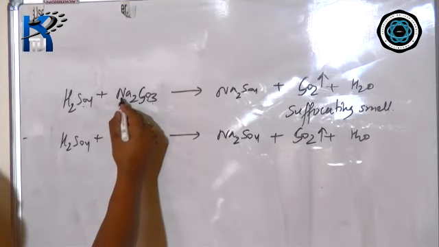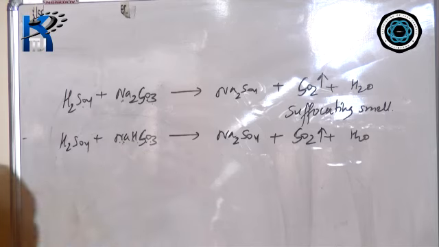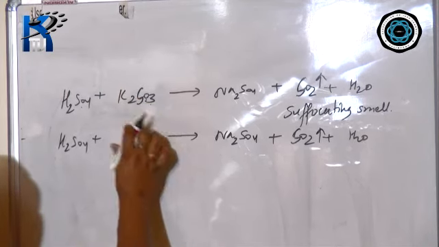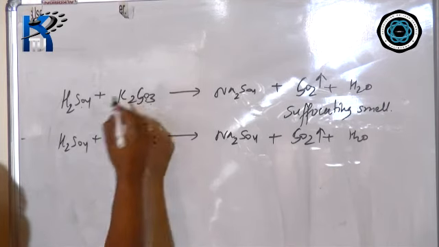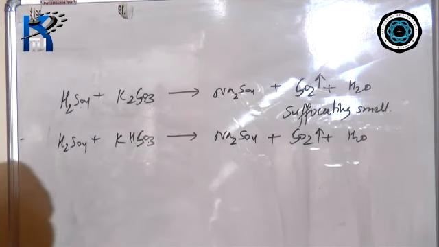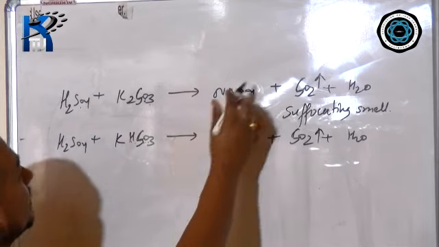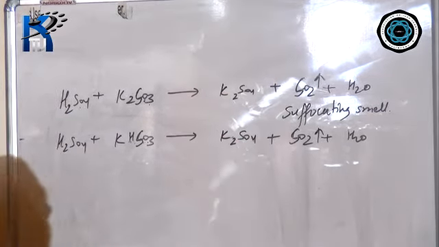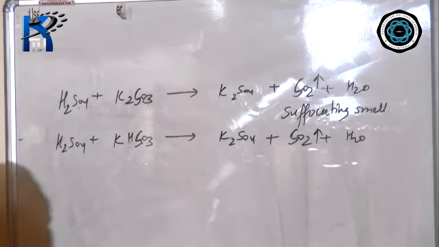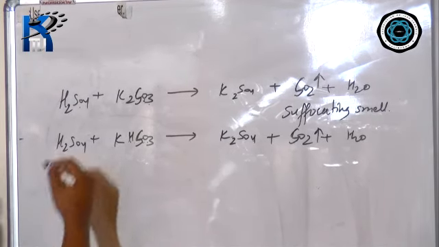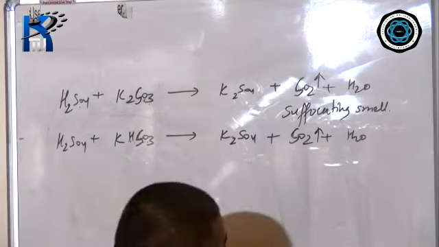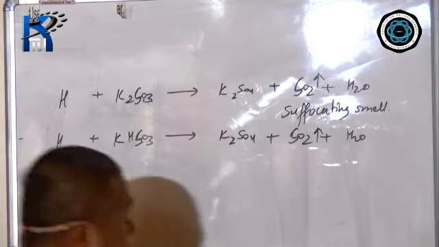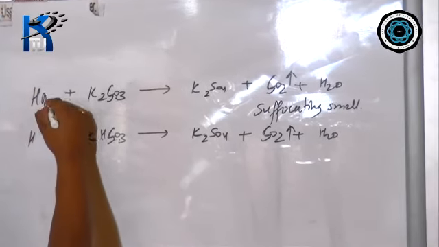And it's not that the metal you have to take is always sodium here. In place of sodium, you can even take potassium. Now it becomes potassium sulfite and potassium bisulfite. Just remember, everything will be the same. Just replace sodium with whom? Potassium, because potassium is also a metal like sodium. Now this reaction is with respect to sulfuric acid. If you have to make the same reaction with nitric acid, just replace the sulfate ion with nitrate.